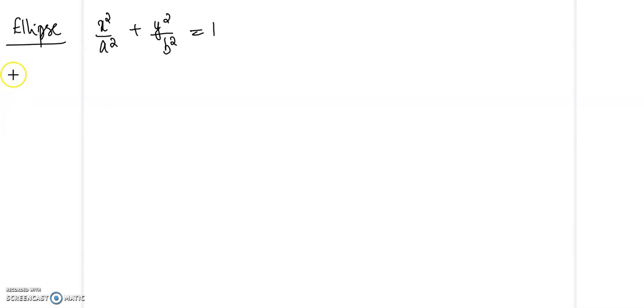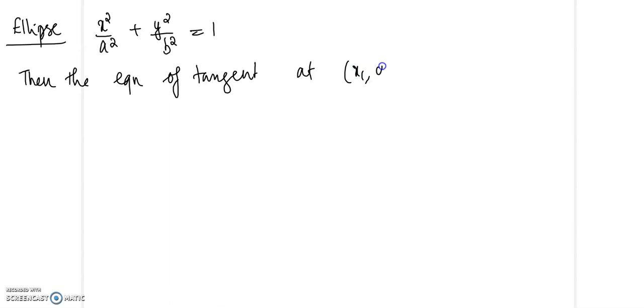Hello, so in today's class we will look at the equation of tangent and normal to the ellipse and a result on that. So let us look at the equation of the ellipse. Consider the ellipse with the equation x square by a square plus y square by b square is equal to 1. Then the equation of the tangent at (x1, y1) is given by,